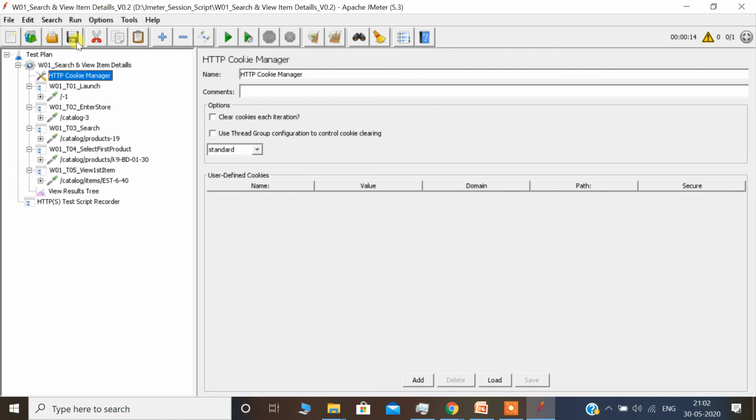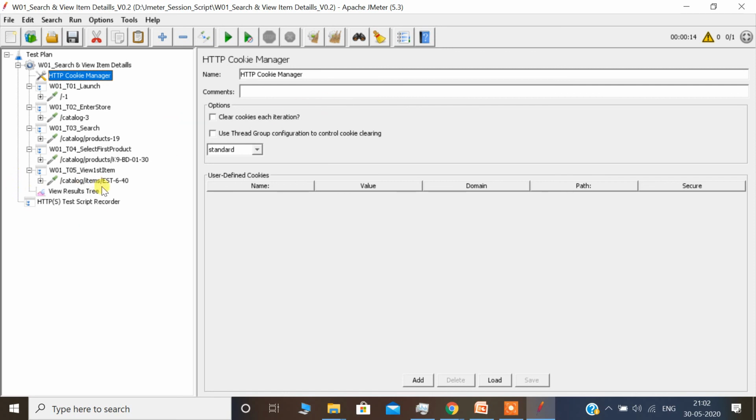So how does cookie manager help? Because a lot of applications use cookies to manage their sessions, to manage the user identities, to check if the correct session is trying to access the application. Many applications use the cookies. So if our application is using cookies to handle the dynamic content, using this cookie manager we need not bother about cookies. The tool has given us this flexibility that this cookie manager will automatically add all the relevant cookies whenever we run the script.